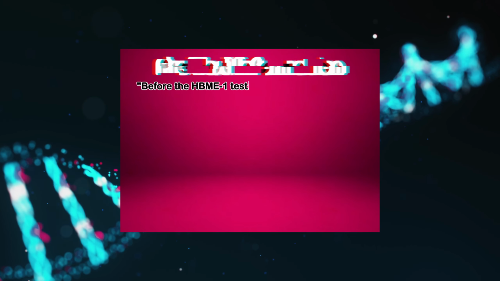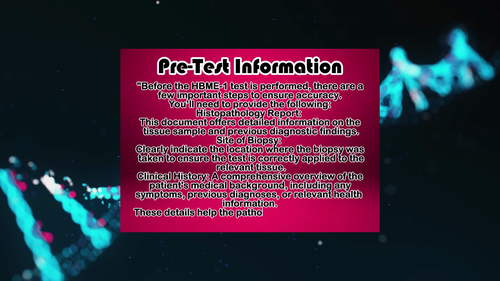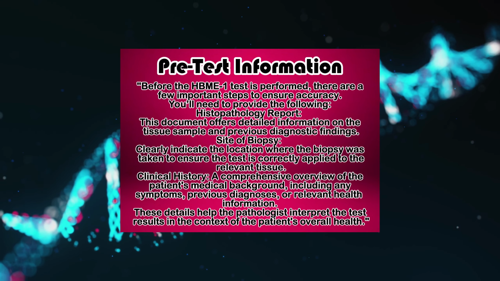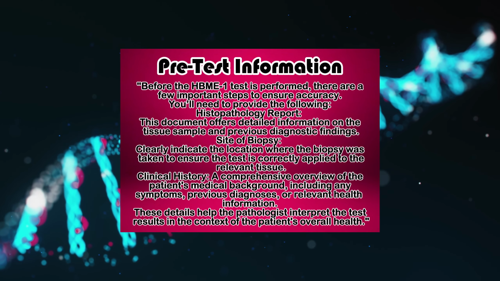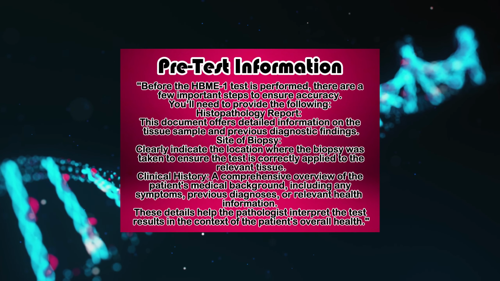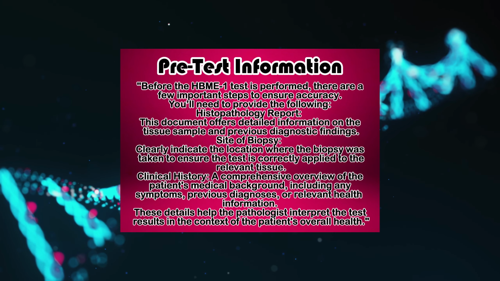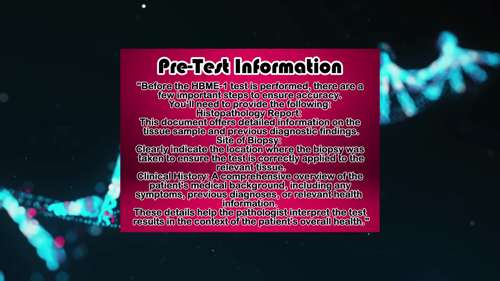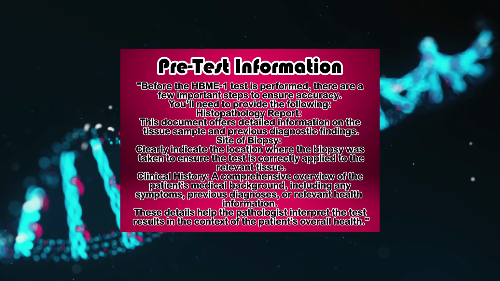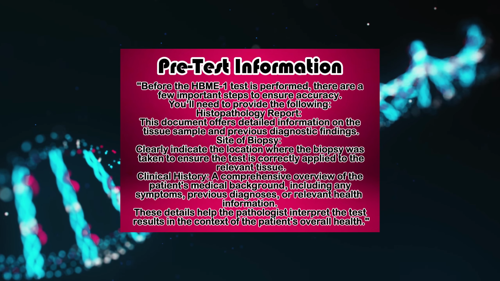Pre-test information. Before the HBME-1 test is performed, there are a few important steps to ensure accuracy. You'll need to provide the following. Histopathology report. This document offers detailed information on the tissue sample and previous diagnostic findings. Site of biopsy. Clearly indicate the location where the biopsy was taken to ensure the test is correctly applied to